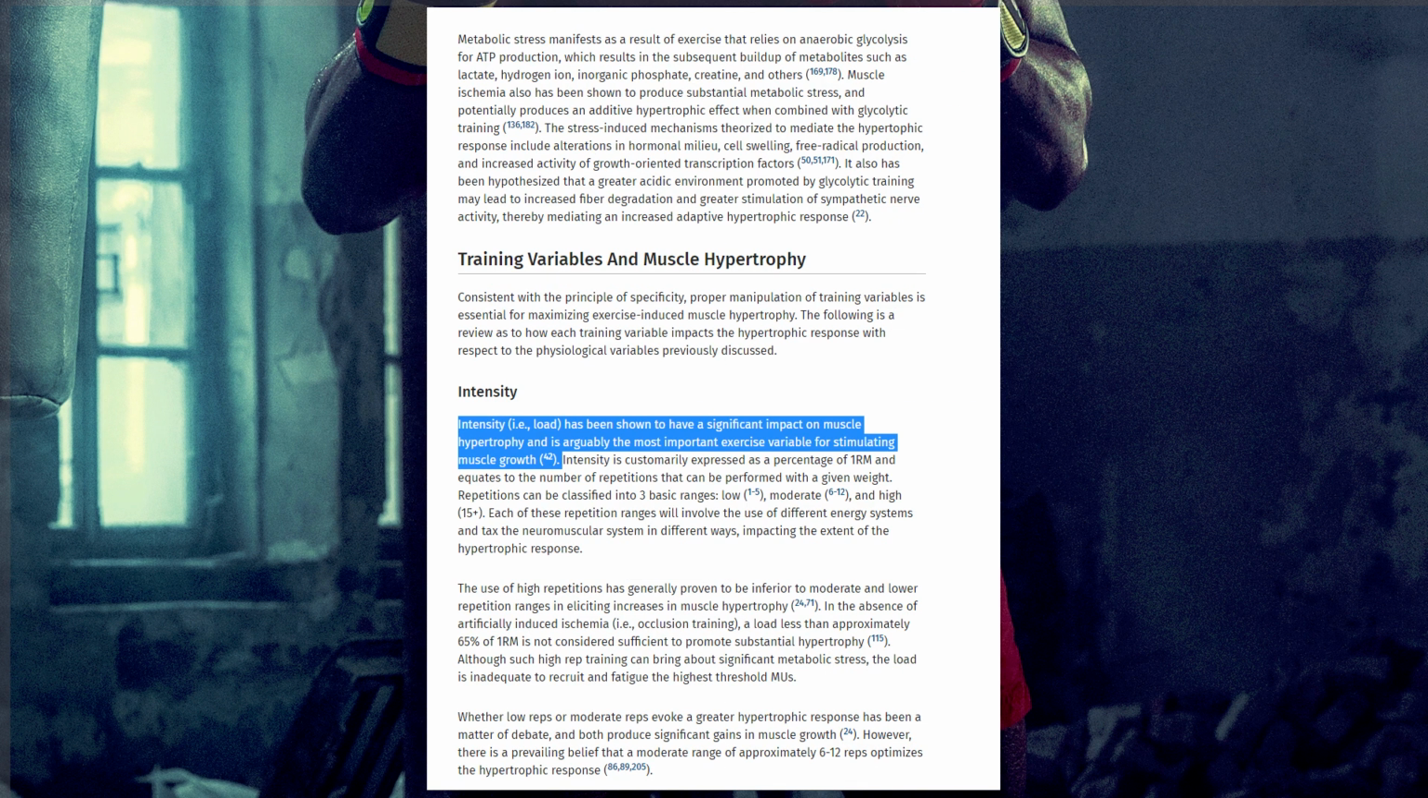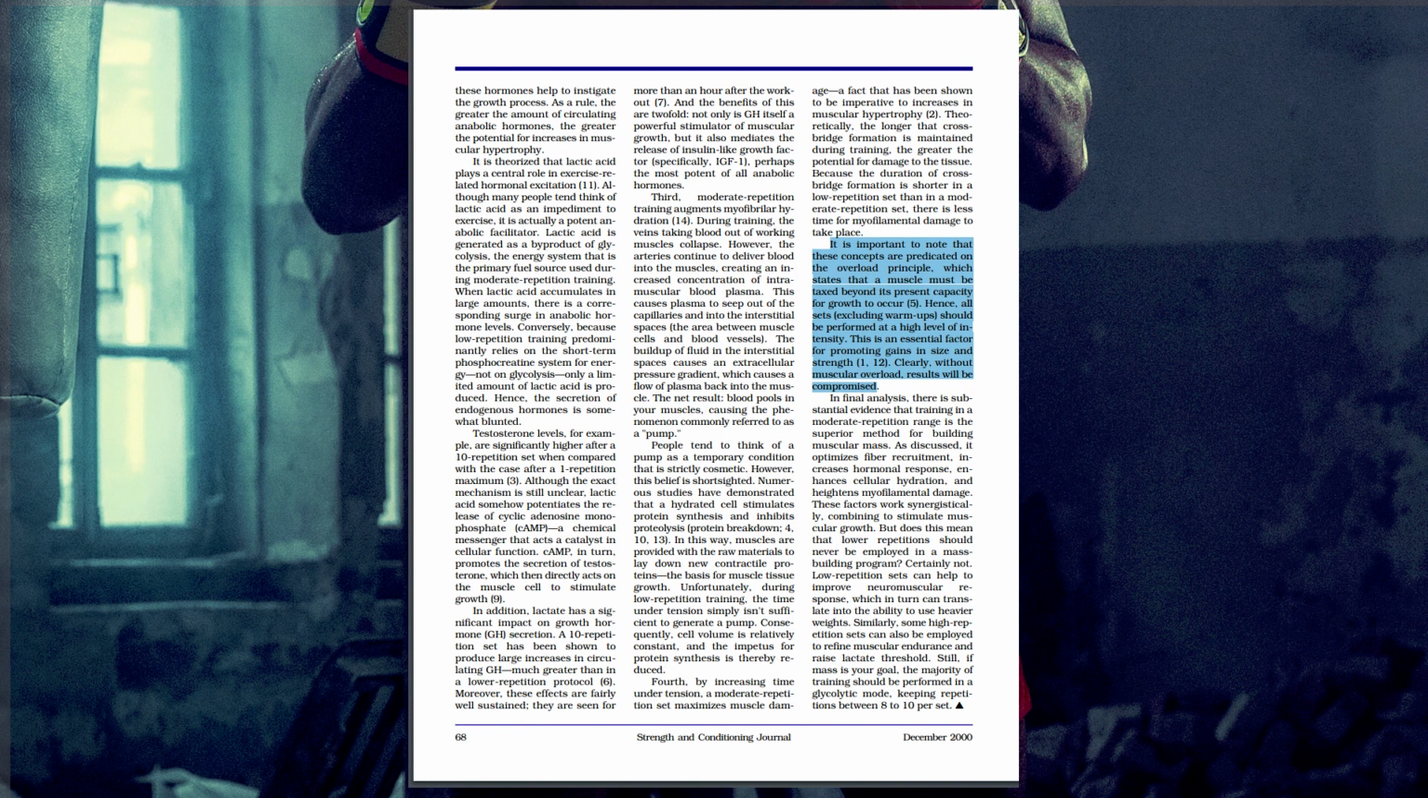Looking at our next research, we can also see the emphasis being put on intensity, saying that intensity has been shown to have a significant impact on muscle hypertrophy and is arguably the most important exercise variable for stimulating muscle growth. Moving on to another research, here the author states that it is important to note that these concepts are predicated